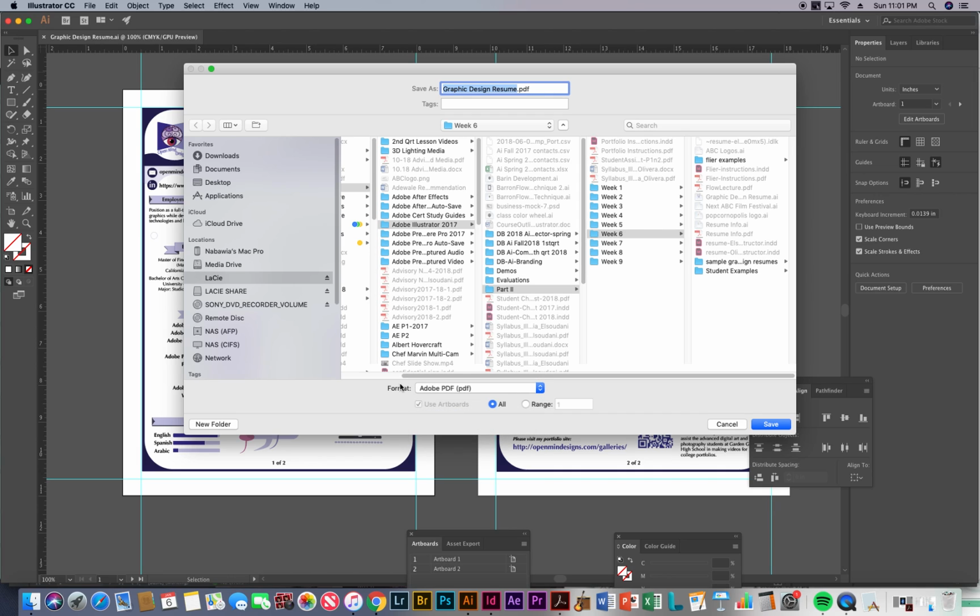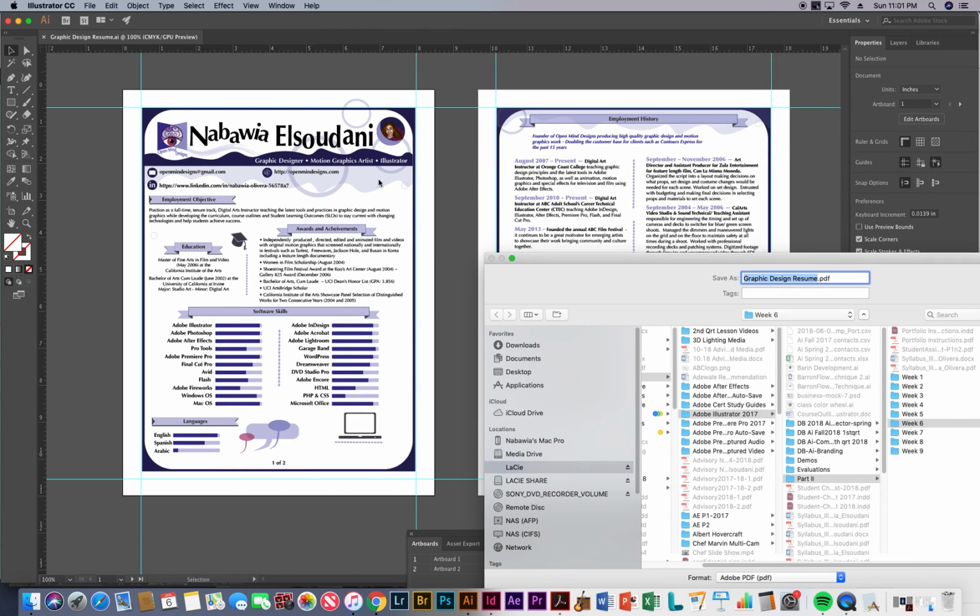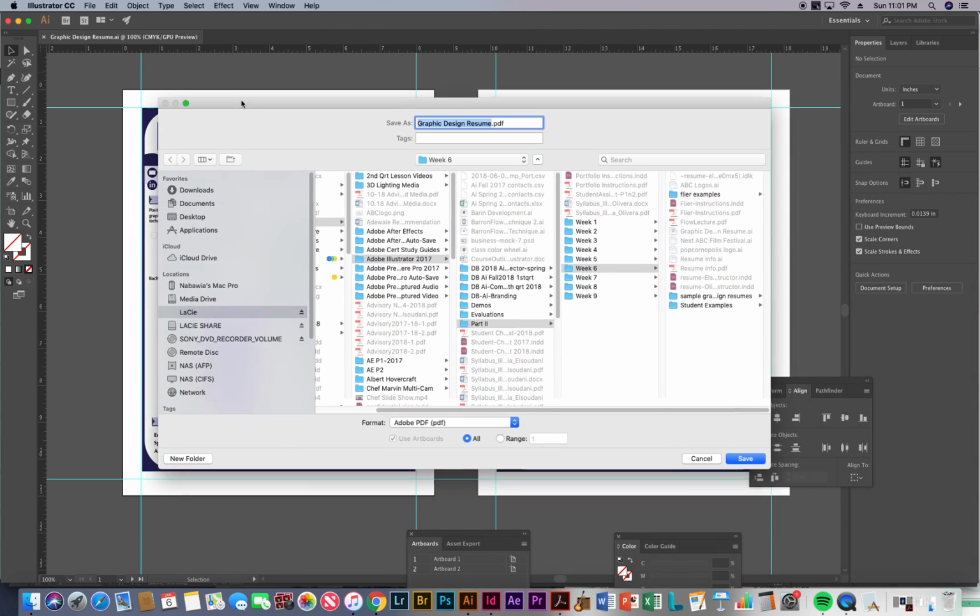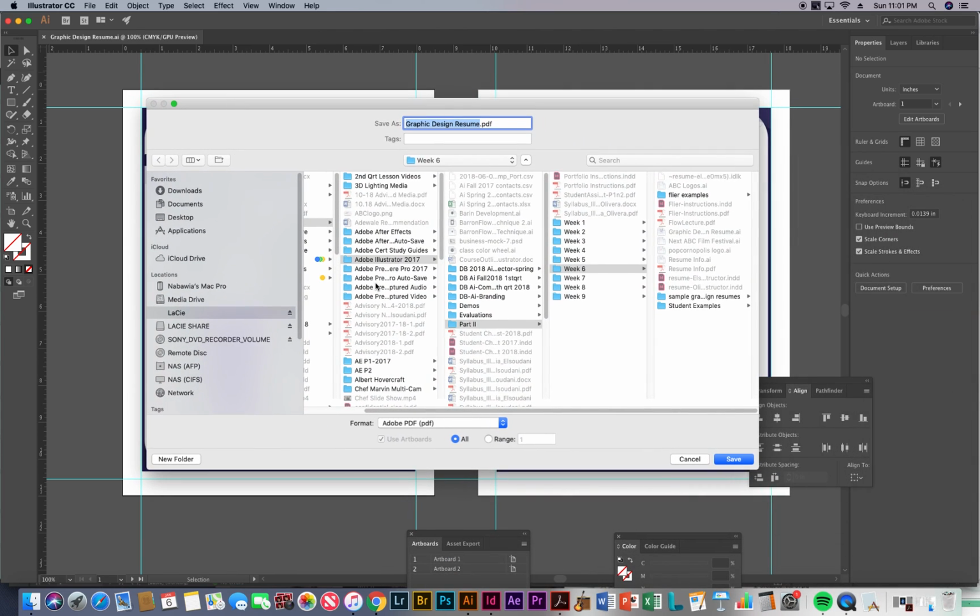A few PDF versions for people to download. So PDFs cannot be embedded onto the page. If you want your graphic design resume to be displayed in the WordPress page, you can export it as a PNG, but I want it to be a PDF for this, so I'm going to make it a PDF,